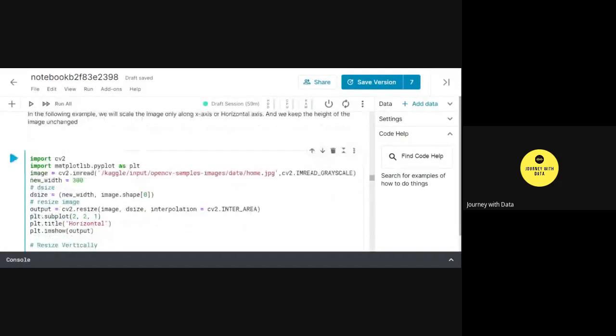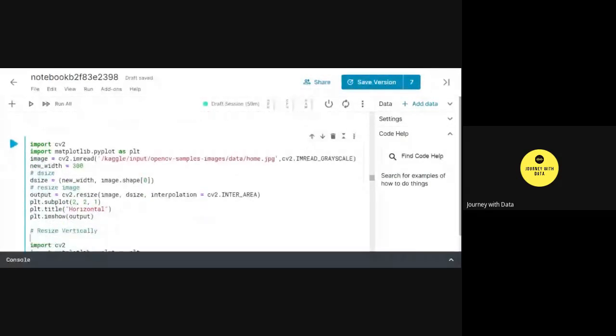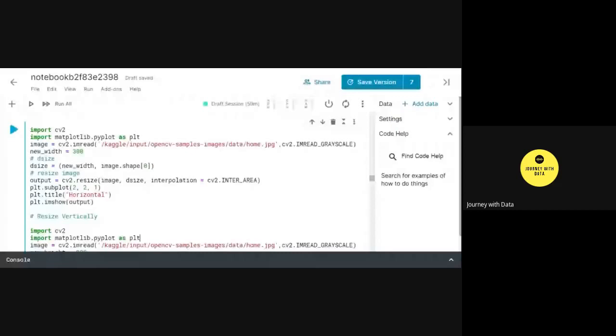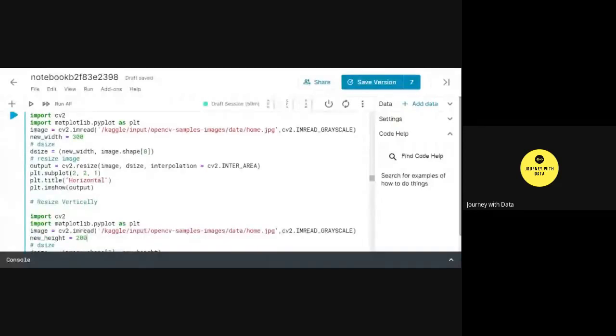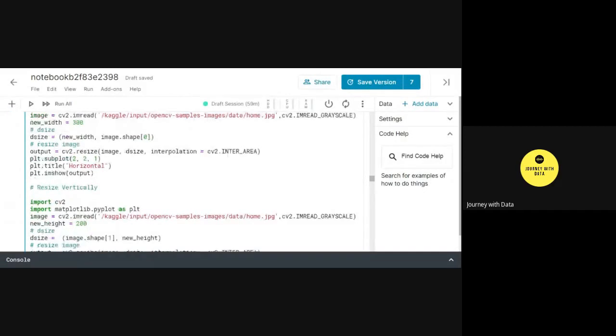And similarly, to resize vertically, all you need to do is just the opposite of this. Keep the width intact and set the height of your choice. So I'm setting a height of my own choice, and then using the width from the dimension shape method, the first index, which is the width, and then the new, changed height.